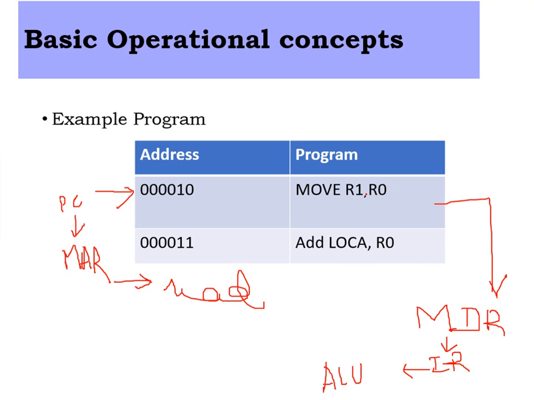R1 comma R0. Here R1 and R0 are the operands. The data is available in the register itself now. So copy the content of the R1 register to the R0 register. Therefore it will check the general purpose registers. Here we have general purpose registers R1 and R0. There it is going to copy the content of the R1 register to the R0 register. So this copy will be done.